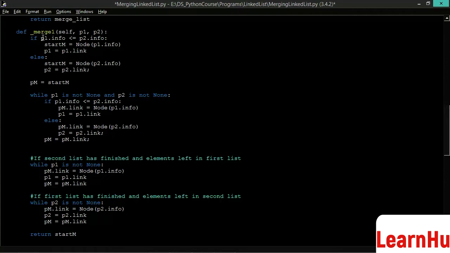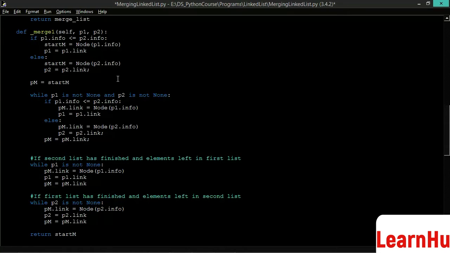Now here we are comparing P1 info and P2 info, and if P1 info is smaller, then we allocate a new node with info equal to P1 info and make start M refer to this new node, and we move P1 forward. Otherwise, we allocate a new node with info equal to P2 info, make start M refer to this new node, and move P2 forward.